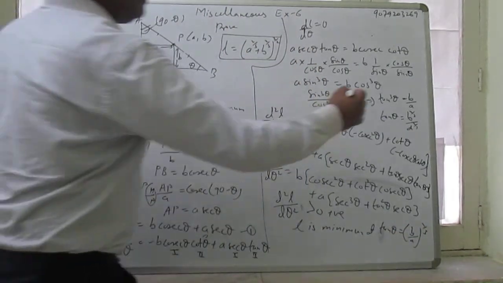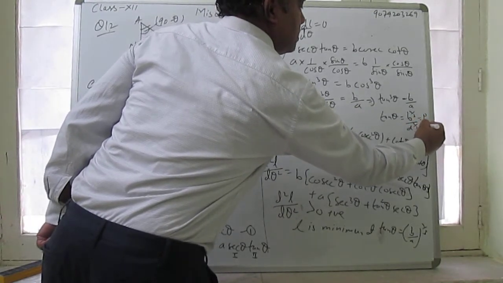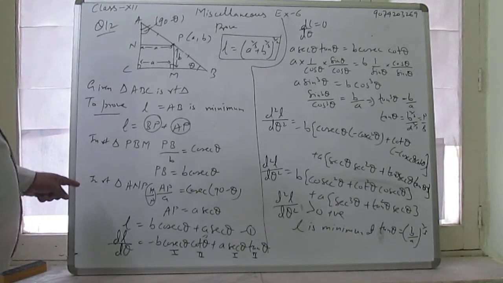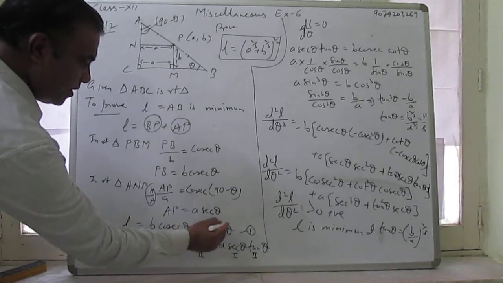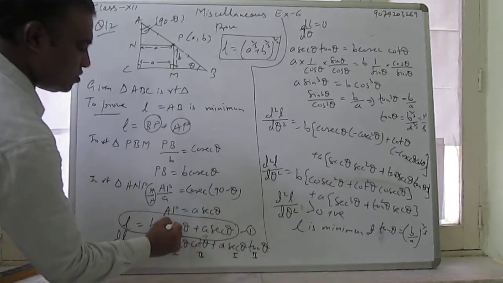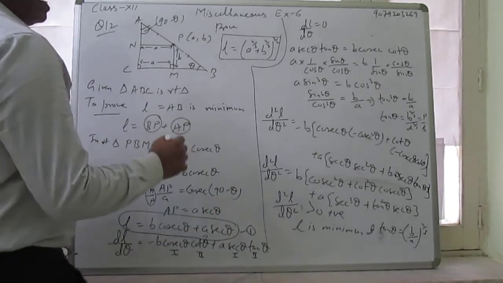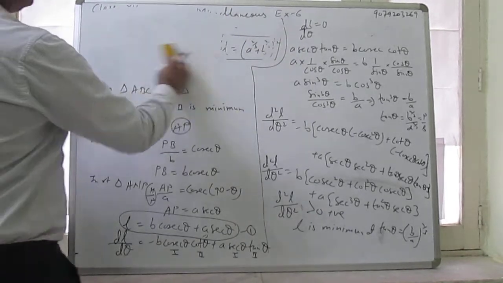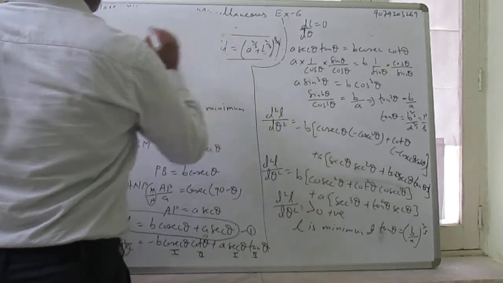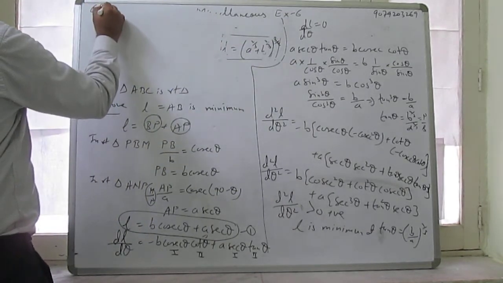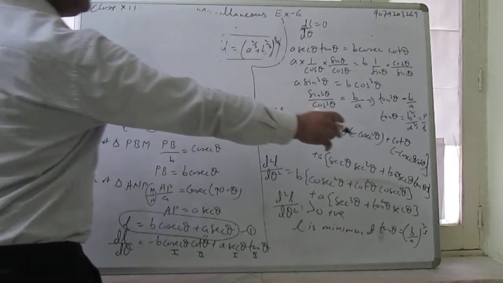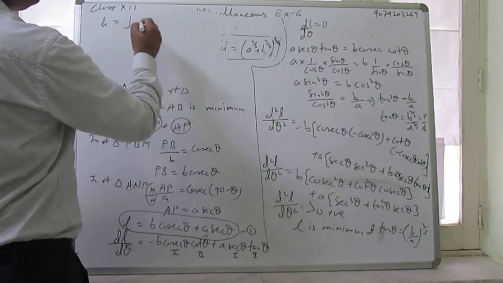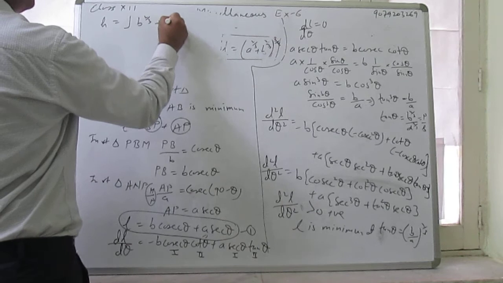Now this is perpendicular and this is base. So we have to find the hypotenuse. We have to put the values in equation 1, the values of cosec theta and sec theta, so we need the hypotenuse. So I will calculate it here. This you have to prove. What is the hypotenuse? H is equal to under root of P square plus B square, that is B to the power 2 by 3 plus A to the power 2 by 3.